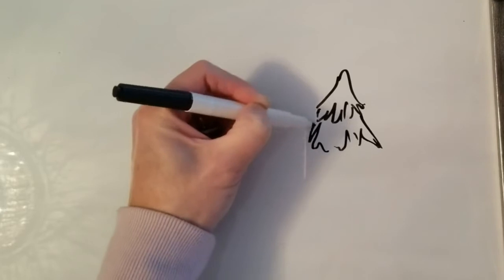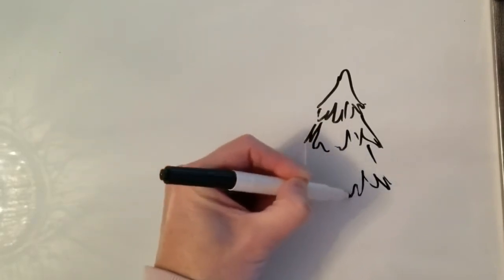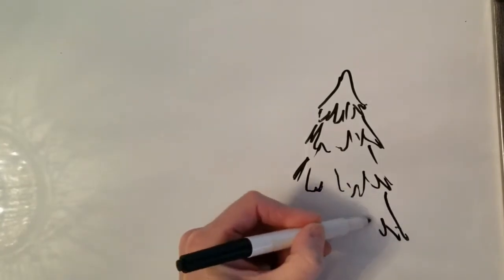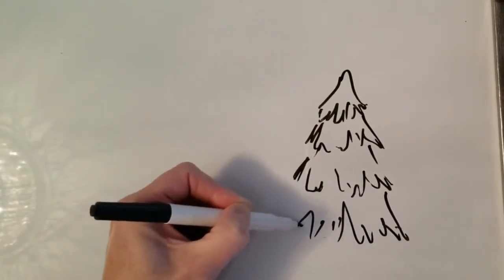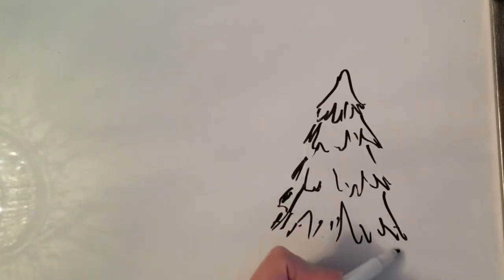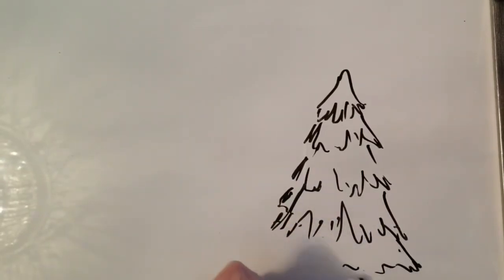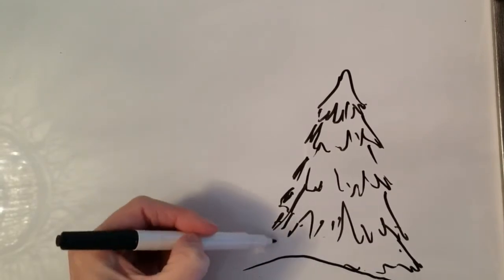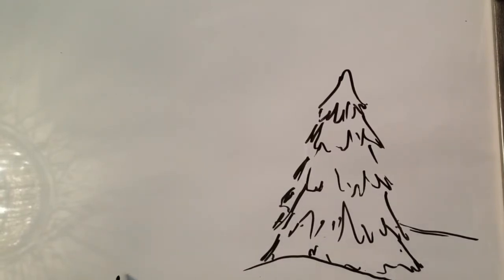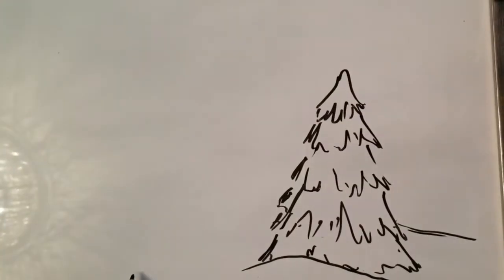So I'm going to do a tree. And this is going to be really close in the foreground. And I'll do one more little layer here. And I'm just going to have this kind of have a little lap of snow. So these little piles of snow back like that. Okay, I'm going to do a little path that kind of goes back in the distance so we can see